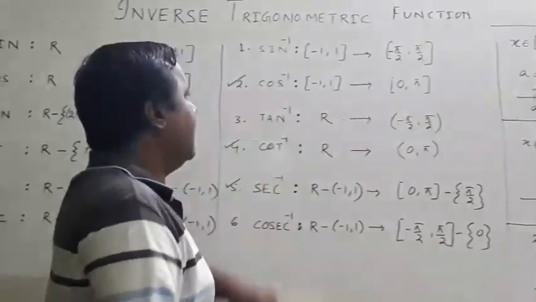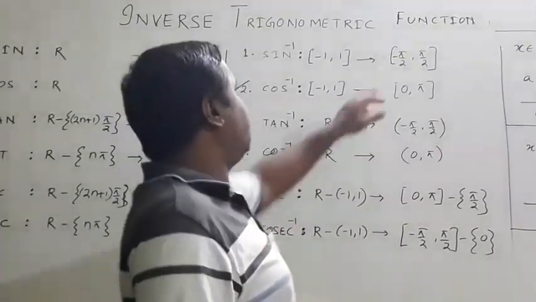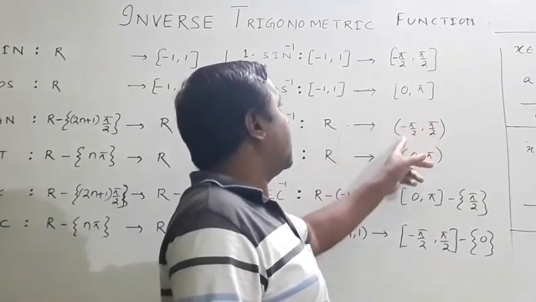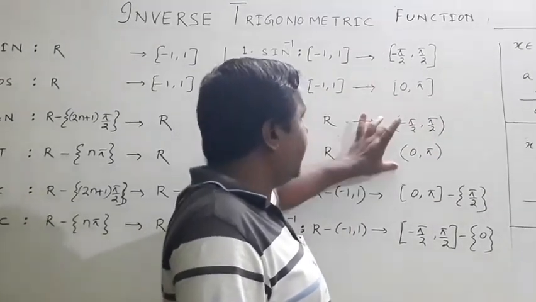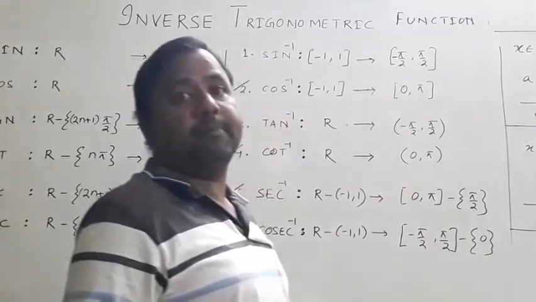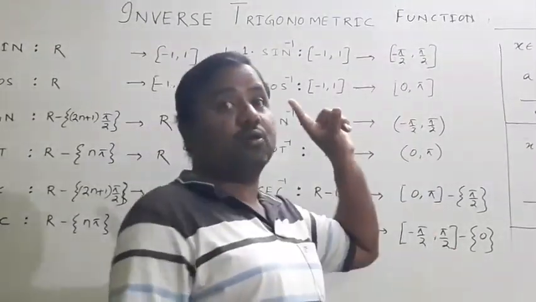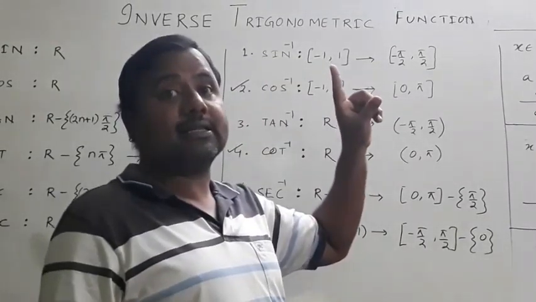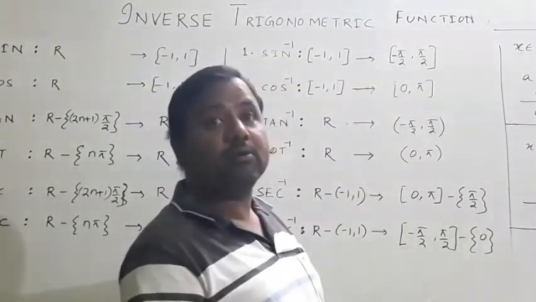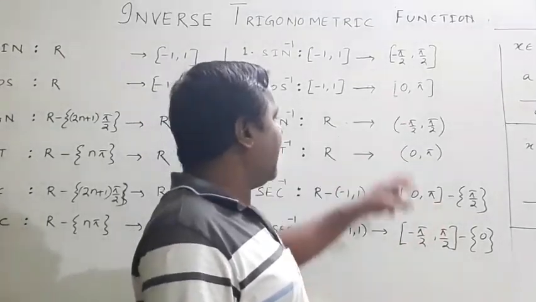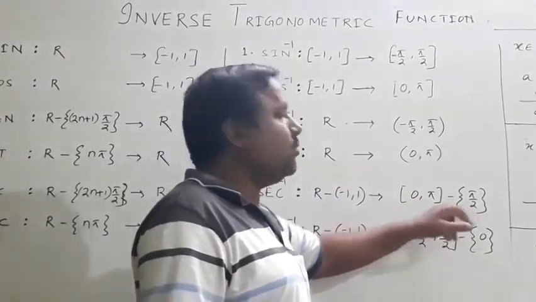Here in this case, it is -π/2 closed, 0 to π closed. Here these two are repeated, but they are open-minded. What did I say? Everything is possible, and who does everything? God does, so it becomes open. And here it will be 0 to π, but π/2 in the middle will not be included.